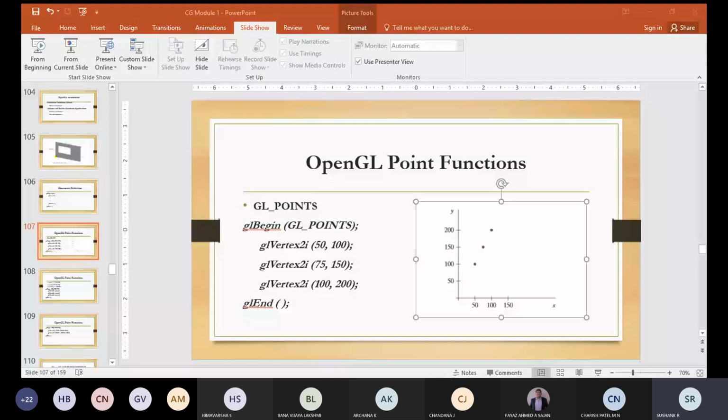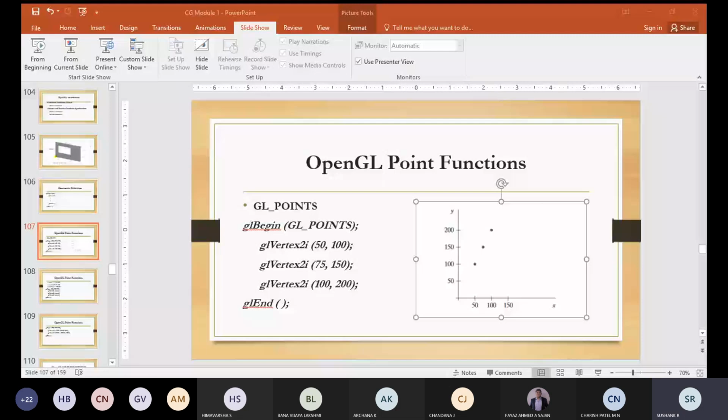So the GL vertex function will specify the coordinate for the point position. That means 50 comma 100 means a point at 50 comma 100, and 75 comma 150 means a point at 75 comma 150. I think this code is clear. I think there will not be any confusion.